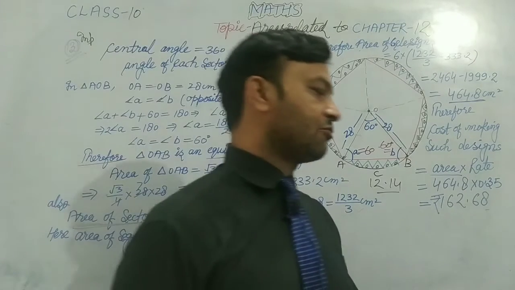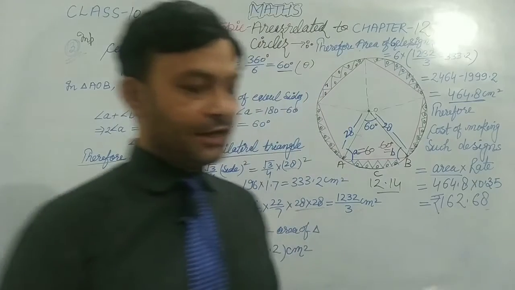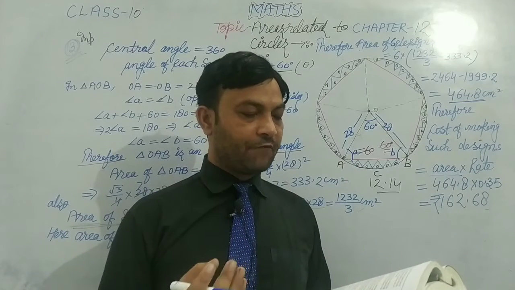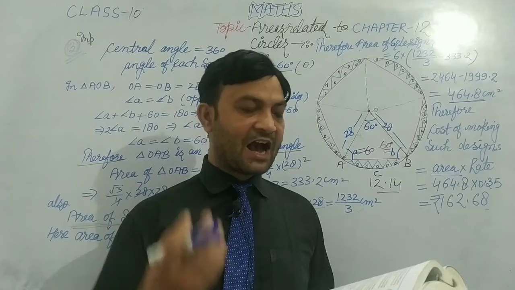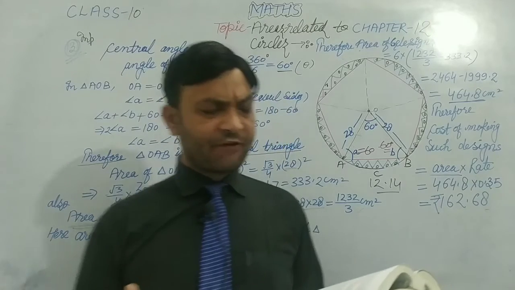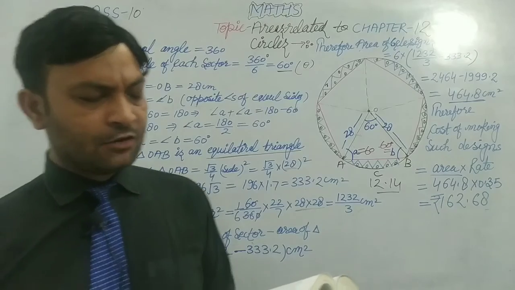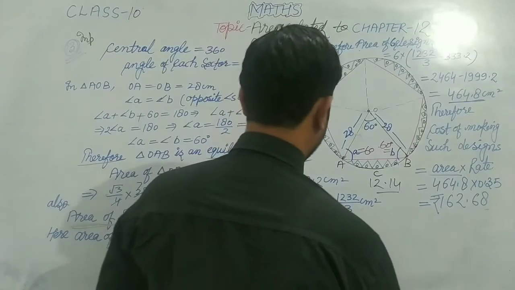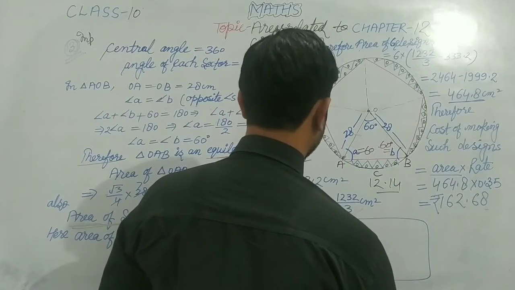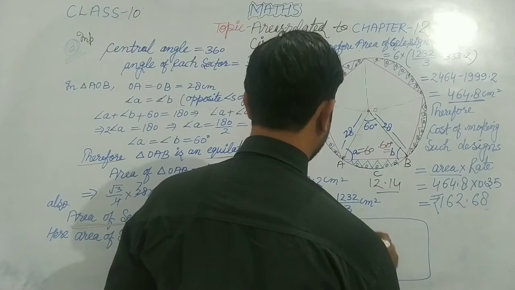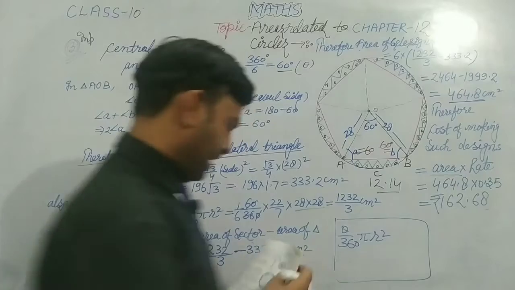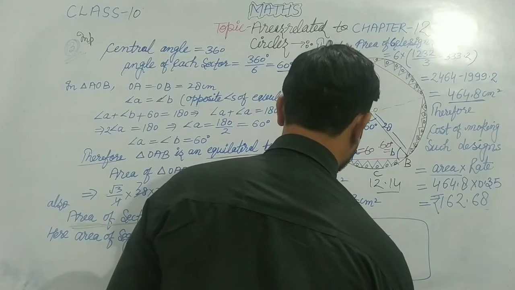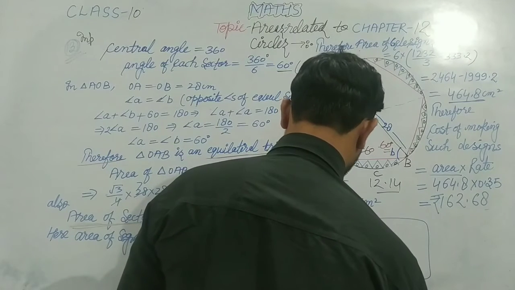Now move to the next question, question number 14. In question number 14, we have to choose the correct answer from the following. The area of a sector of angle P of a circle with radius R is. So we need to find the area of the sector. Generally we know the formula of area of sector: theta over 360 pi r square. In this question we have angle P degree, so we can write P over 360, and the radius is capital R.